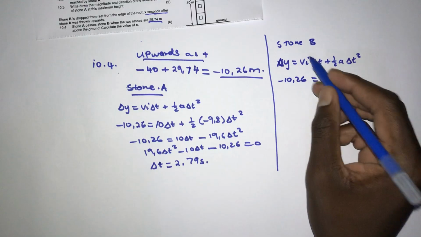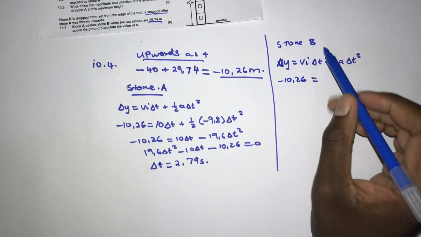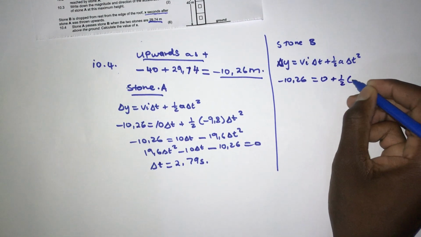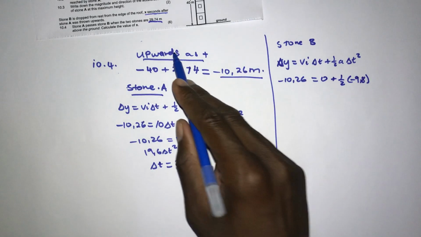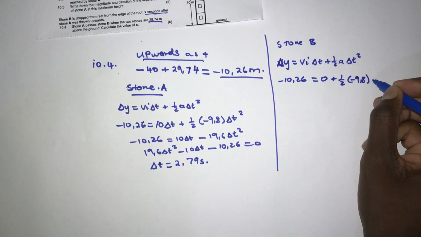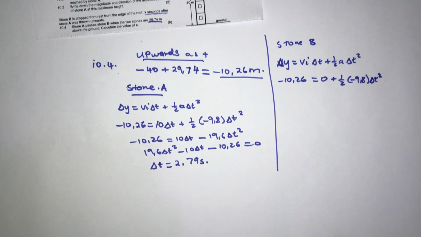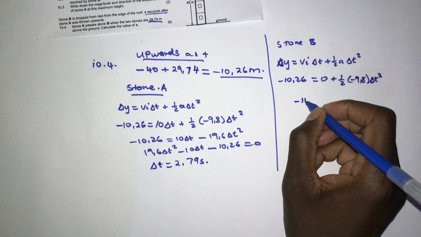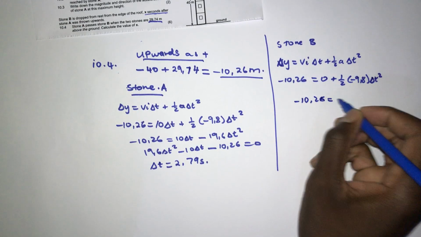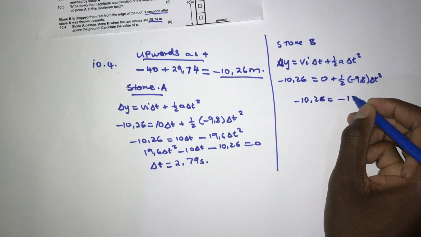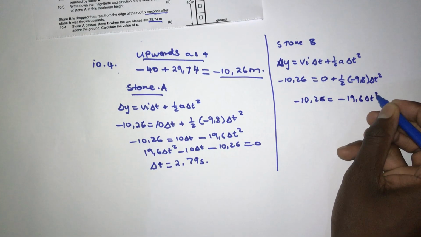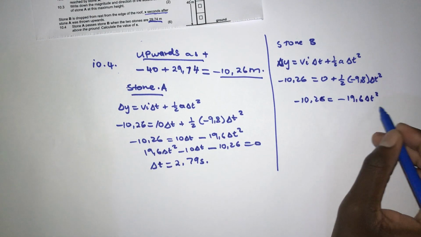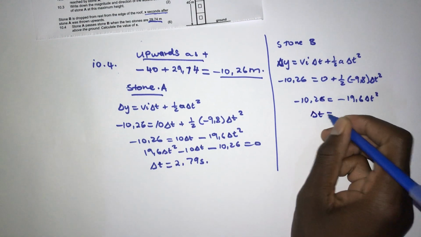It's equal to, initially stone B was dropped, so vi is 0, plus 1/2 negative 9.8, since up is positive, and then change in t squared. Since this one is 0, negative 10.26 is equal to negative 19.6 change in t squared. We divide by negative 19.6 and then take the square root. So the change in t is equal to